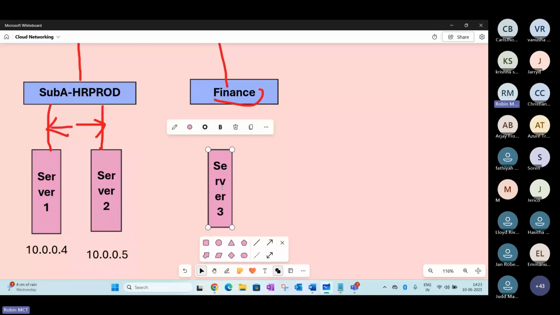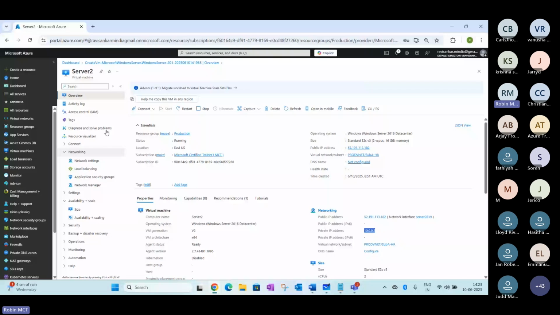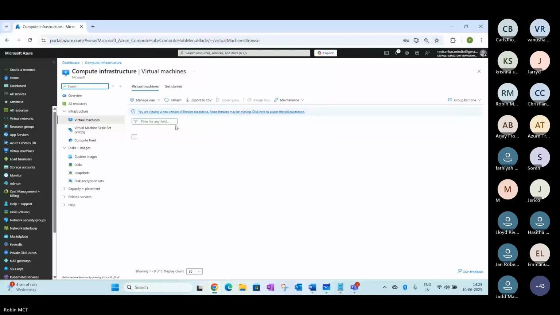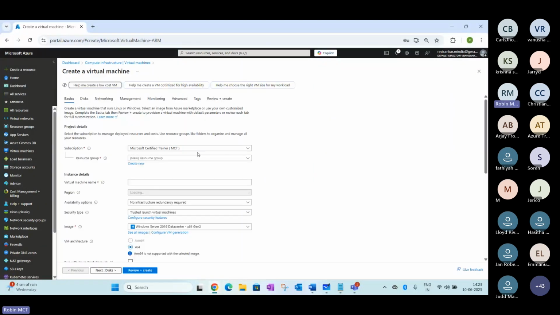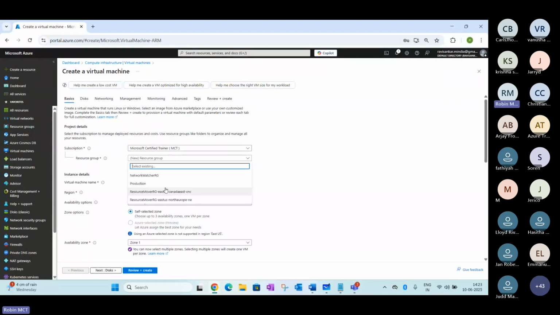For that, let's create one more server. Let's go back to this server creation. Trying to create server 3.